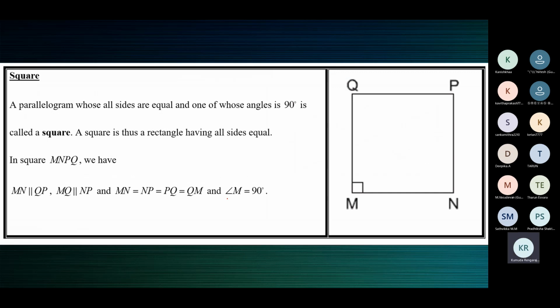Now we saw a parallelogram in which all sides are equal is a rhombus. A parallelogram in which one angle is 90 degrees is a rectangle. Both put together is a square. Supposing you find a parallelogram in which all sides are equal and one angle is a right angle, then it's called a square. Both put together. The key words are these two: all sides equal, 90 degrees. These are the keywords.